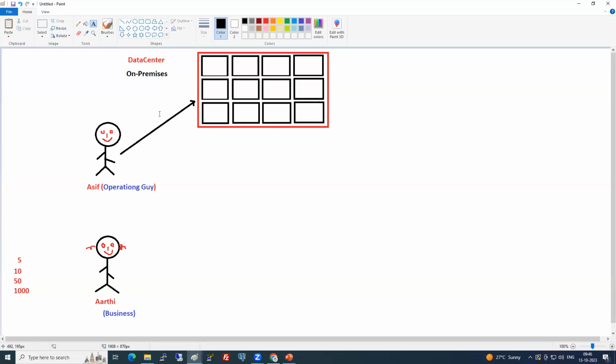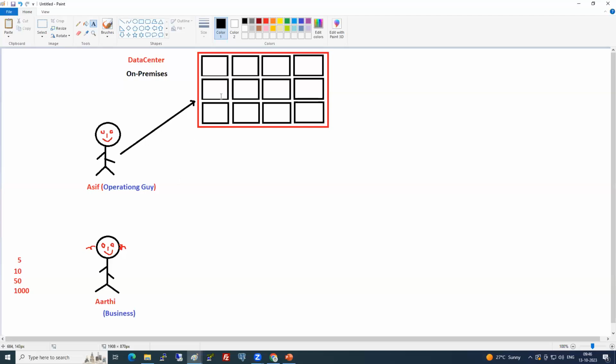So some other people also call it on-prem. Not Prem, not Prem Guru, Love Guru. No, no, no. On-prem. I call it on-prem or on-premises. Anything is fine. So now